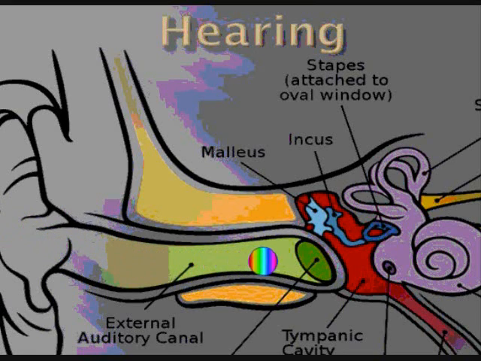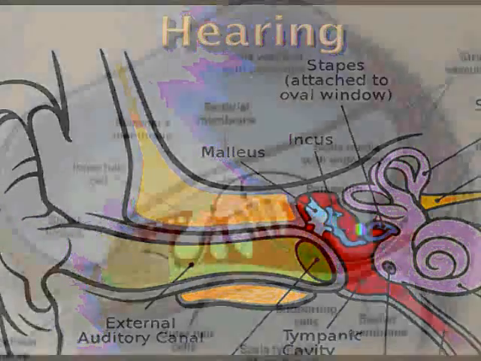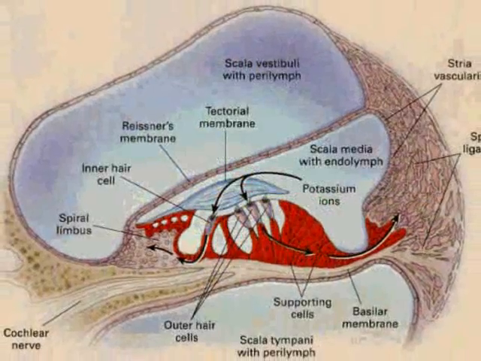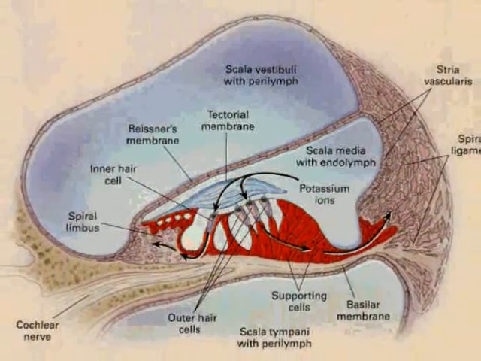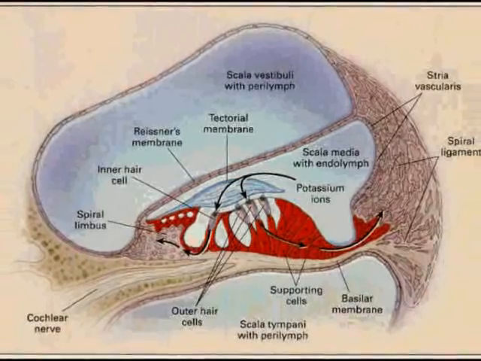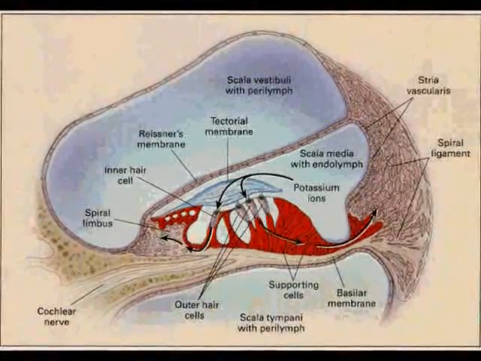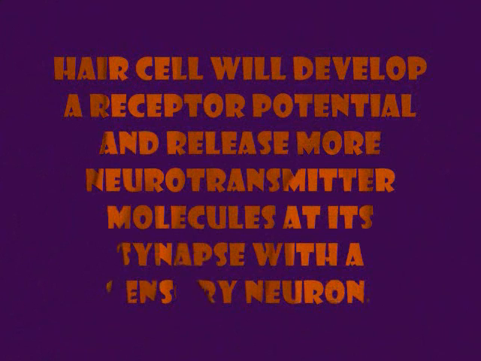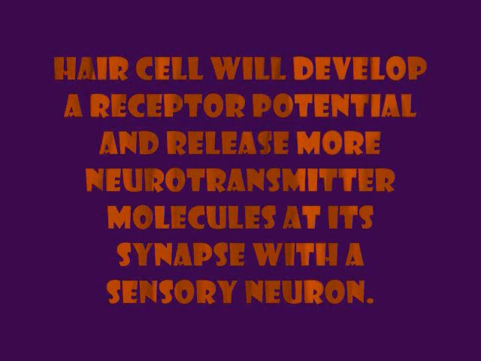waves. The pressure waves will first be in the upper canal, then the middle, where the organ of Corti and the basilar membrane are. When the pressure waves are felt in the basilar membrane, it will vibrate. The hair cells embedded in it will bend, by which the ion channels in its plasma membrane will open and positive ions will enter the cell. Then the hair cell will develop a receptor potential and release more neurotransmitter molecules at its synapse with the sensory